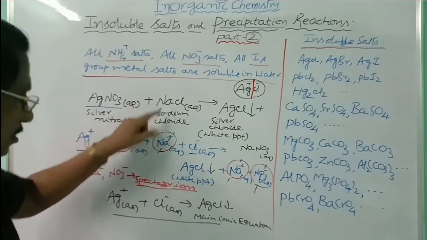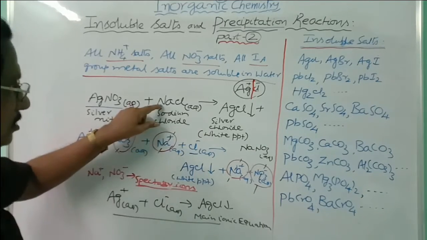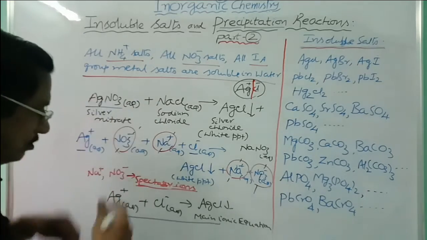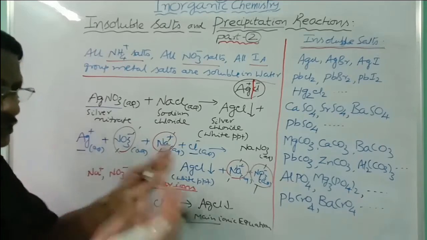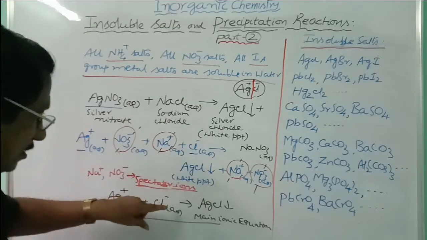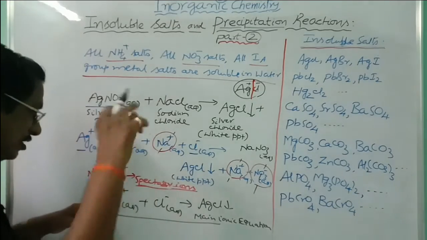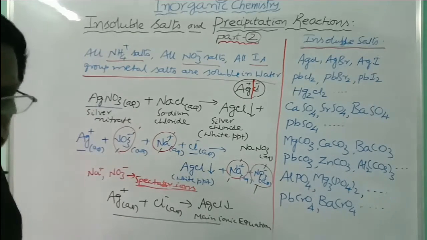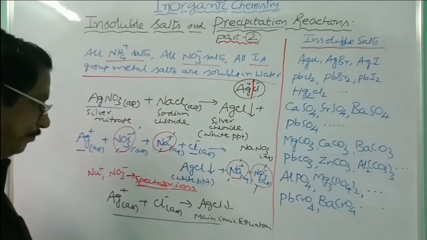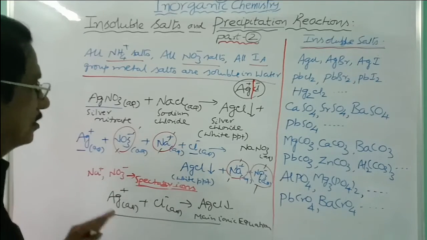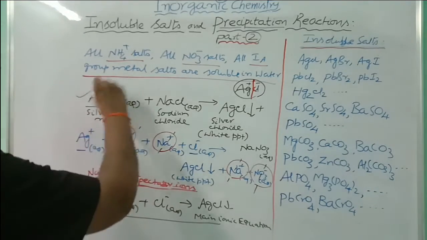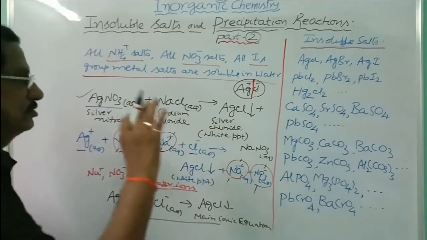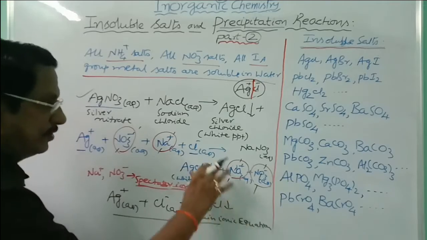You can take NaCl, KCl, RbCl, MgCl2, barium chloride, zinc chloride, copper chloride, any salt containing chloride ion, and any salt containing silver ion. Silver nitrate is famous, which is more available in the laboratory as a reagent. Silver nitrate we often take. So this is the type of writing, but you have to learn this equation only: how to write the equation for the precipitation reaction. This is the sort of equation you have to write, and these are only for explanation.